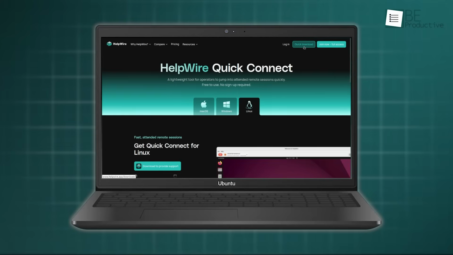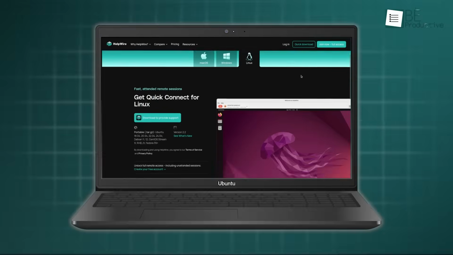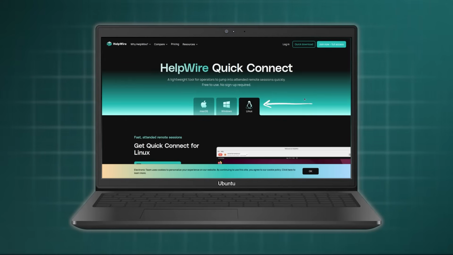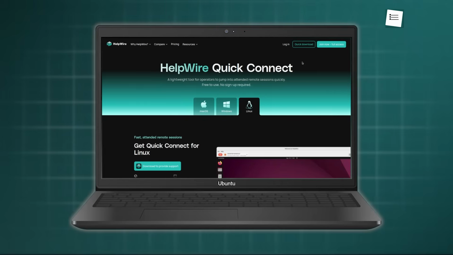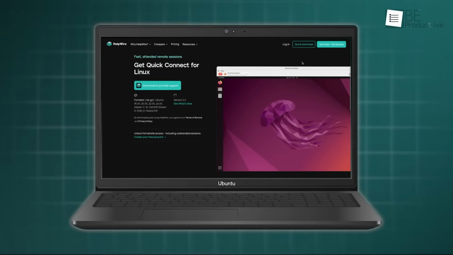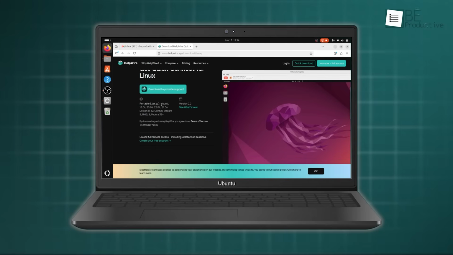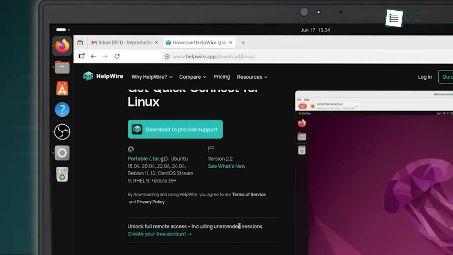We can simply head over to the official website and navigate to the resource menu to access the download center. The site automatically recognizes that we are running a Linux distribution and presents the correct download files right away. For this quick setup, we download a portable compressed folder in the standard tar.gz format, which works across a wide selection of systems, including Ubuntu 18.04 and higher, Debian 11 and 12, Fedora, CentOS Stream, and Red Hat Enterprise Linux